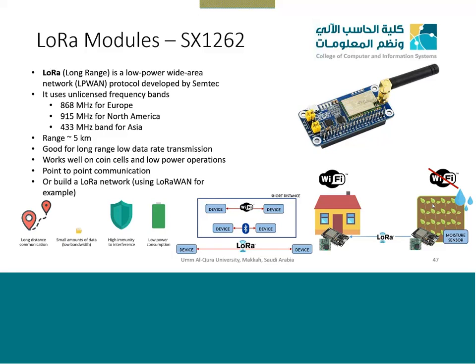So if I have an application, for example, in our building, we have a teacher car parking or instructor car parking, which is maybe 1 kilometer or 500 meters away from the offices. Now, if I want to detect which slots are filled and which of them are empty, I can deploy a sensor to detect each car. If a car is there, it will send me a 1. If a car is not there, it will send me a 0. The data rate is very low, but there is no Wi-Fi, no connection over there.